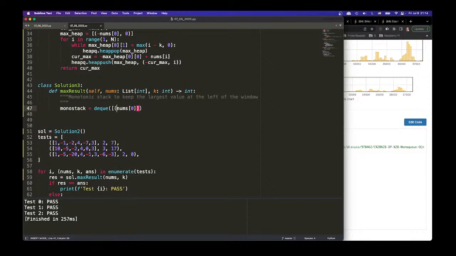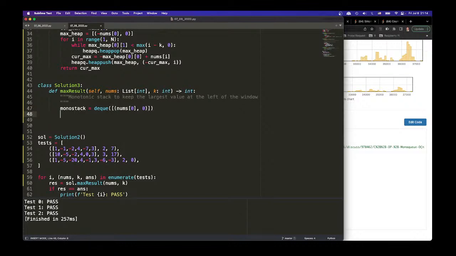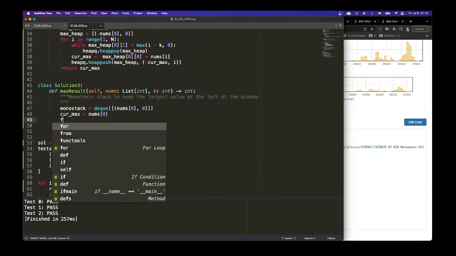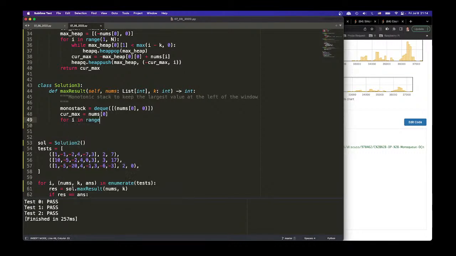I'll do this, 0, right? And then current max equals nums 0. For i in range 1 to len nums. Okay,